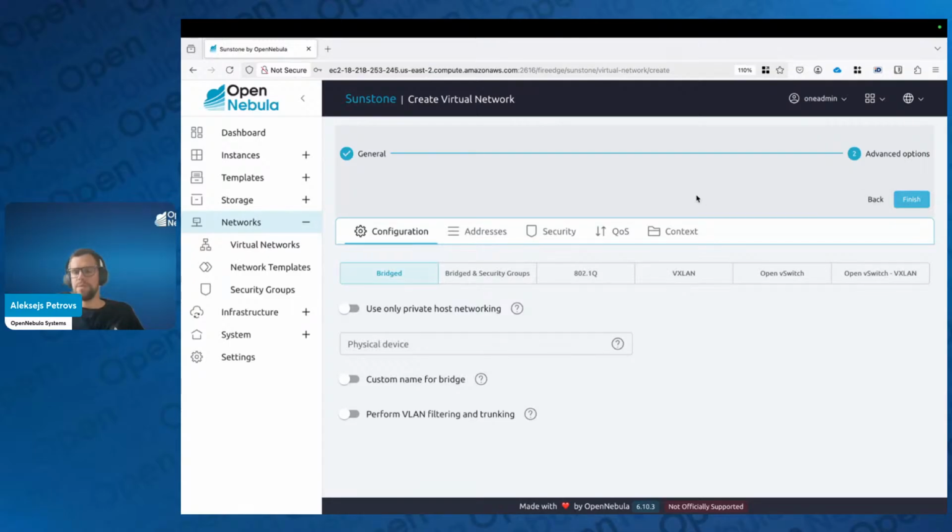So once the virtual network naming has passed, you are going to get to the main network configuration. That's where you select the type of the virtual network. So is it bridged or bridged and security groups? Now, security groups is a very nifty feature that allows you to prevent traffic to either go in or go out to your virtual machine